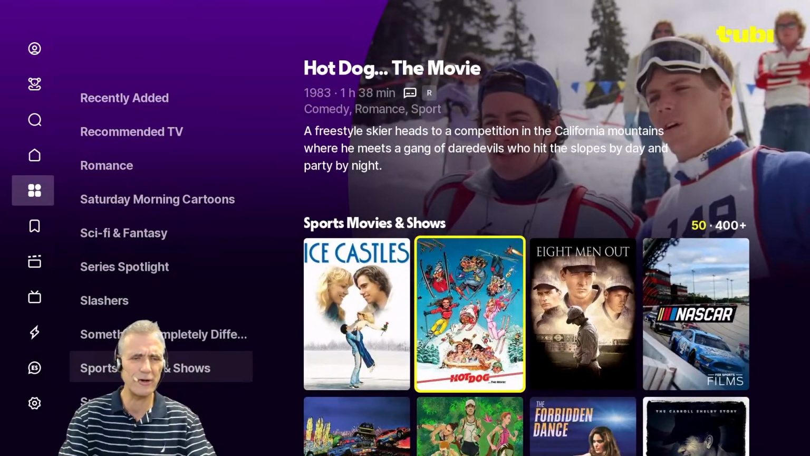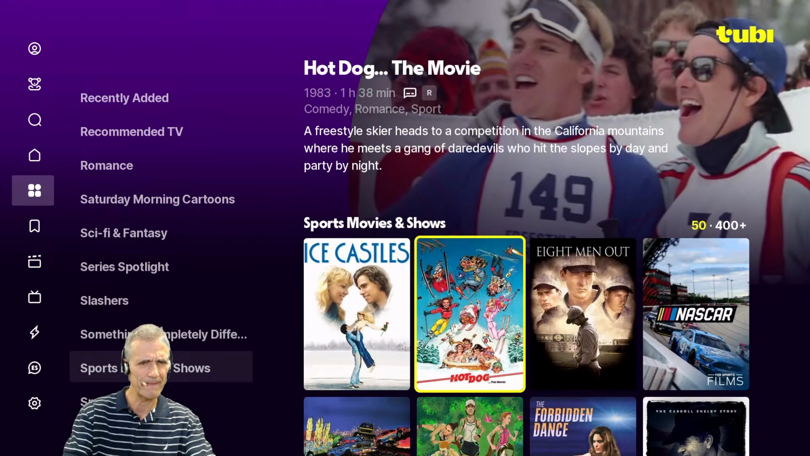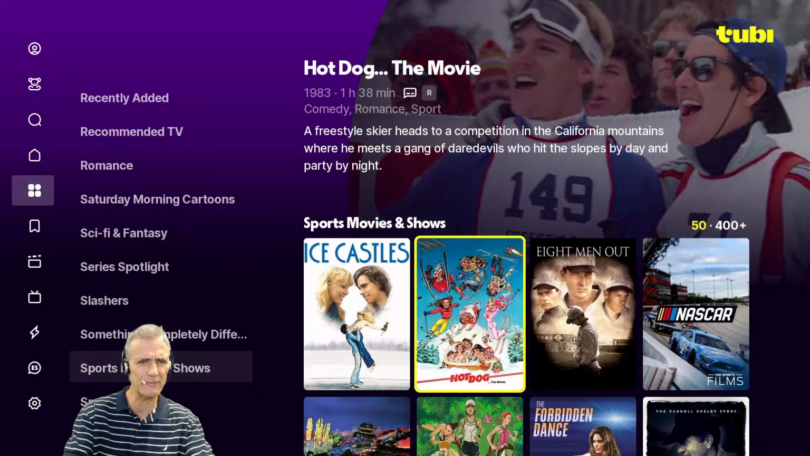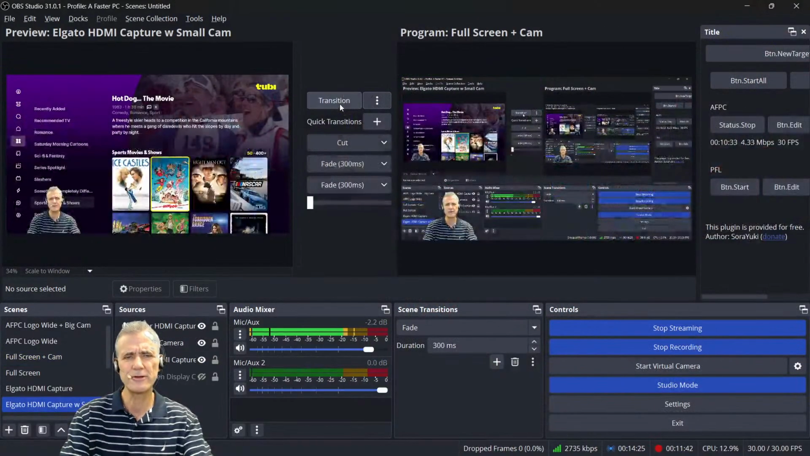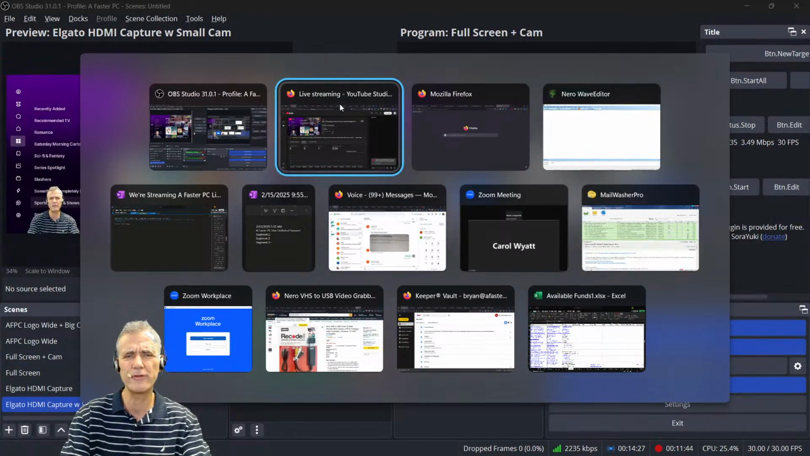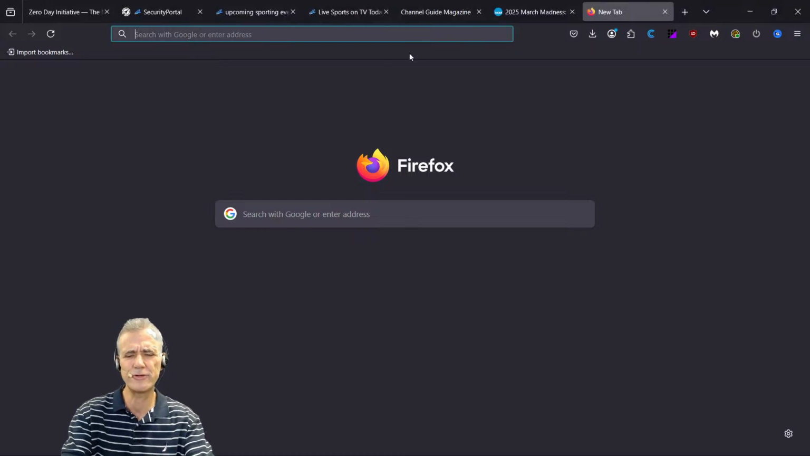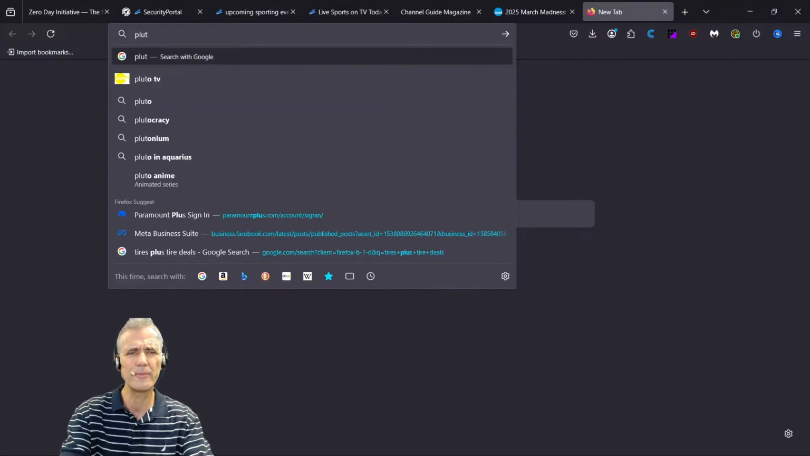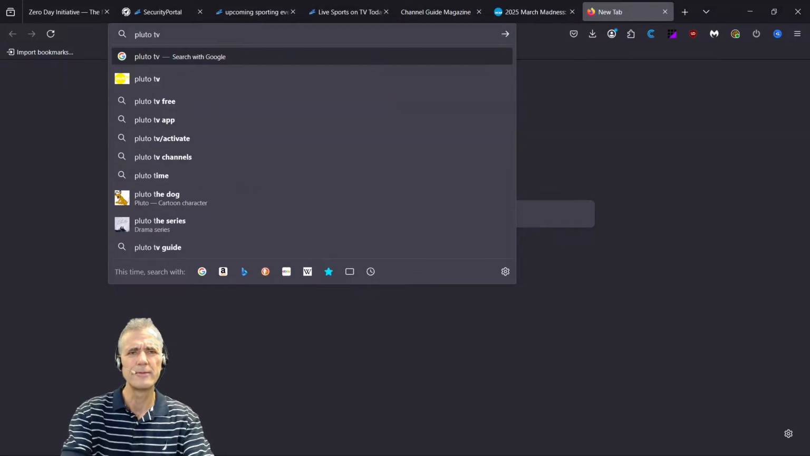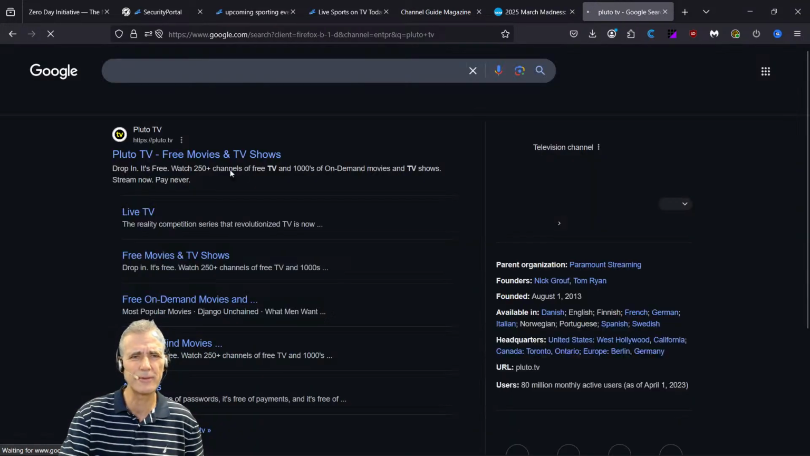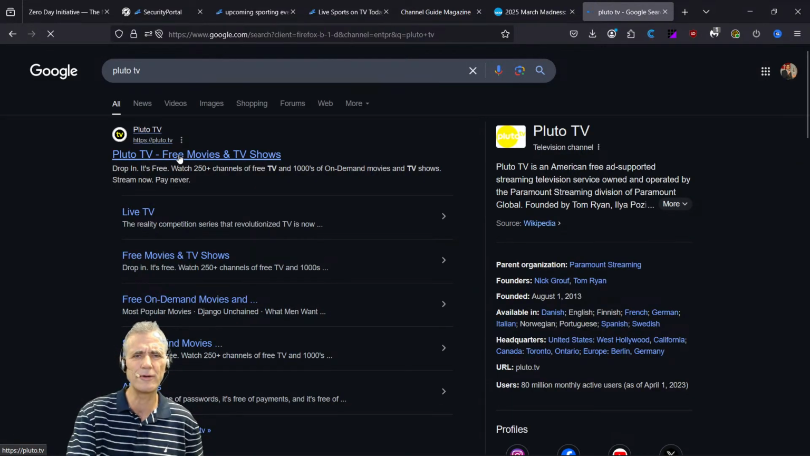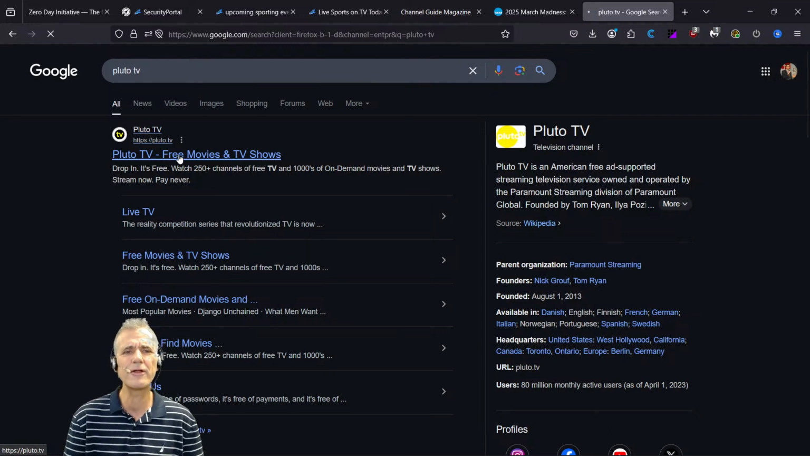Now I'm going to switch over to a full screen just so you can see. Let me see. Got to get the right screen here. Okay, here's full screen right here. So what we're going to do, we're going to go out to Pluto. We'll just do a search for Pluto TV. I think the website's probably Pluto. Yeah, it's actually Pluto.tv. So if we wanted to go to the web version of this,